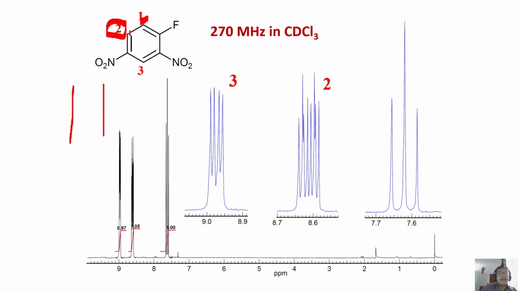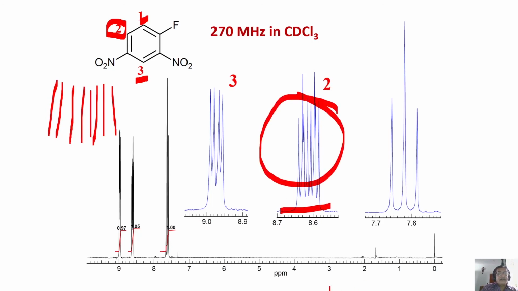Now what is going to happen? This is going to be split into doublet because of this. Okay, I'll write like this. It is also going to be split into doublet, each line of this because of this. 8 lines. See, you are getting 8 lines here. Count it, you can get 8 lines. So you can measure which is which and analyze, and you get 8 lines for this. That's why this is a proton 2.